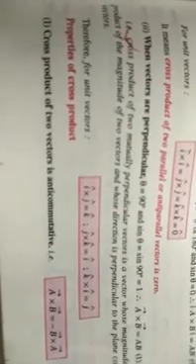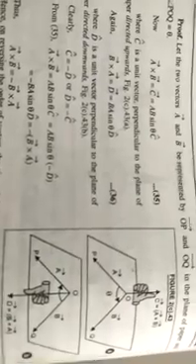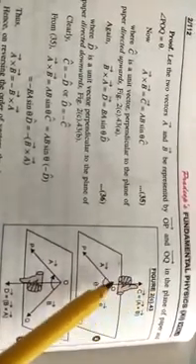First property, the cross product is not commutative. Whereas the dot product, what was it, children? That was commutative, but the cross product is not commutative, and that is, vector A cross vector B is not equal to vector B cross vector A, and that is equal to negative of the vector A cross B. Why? We explain it this way: if this is vector A and vector B, when we find vector A cross vector B, that will be in this direction.